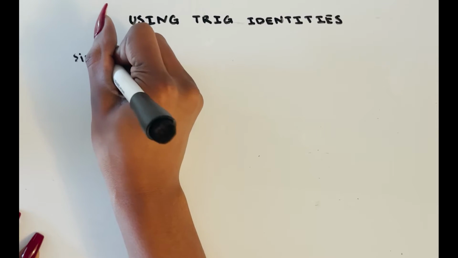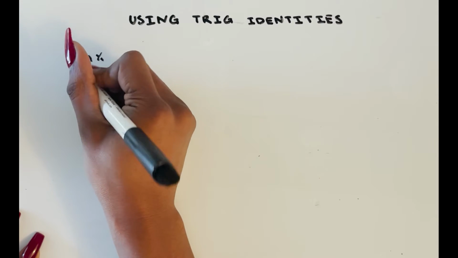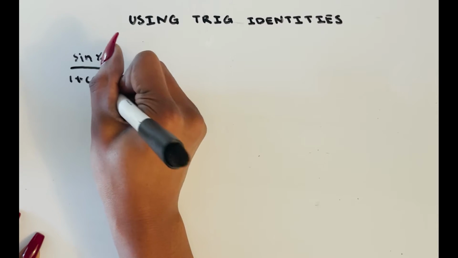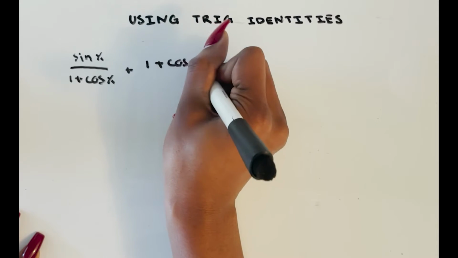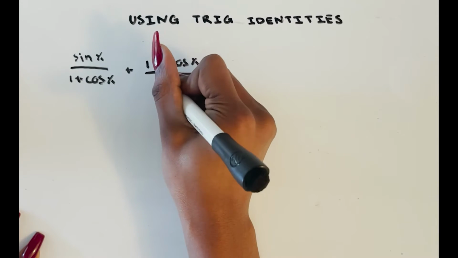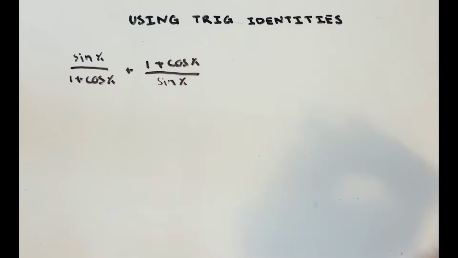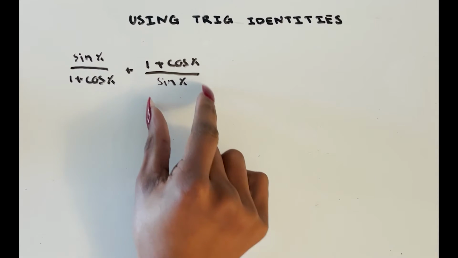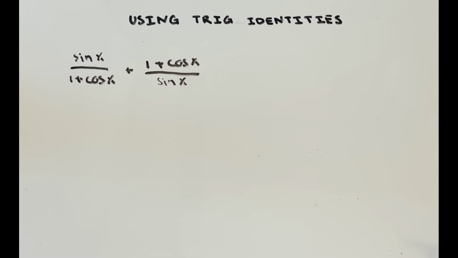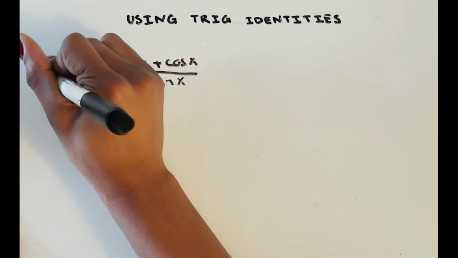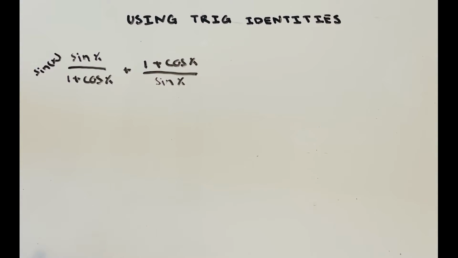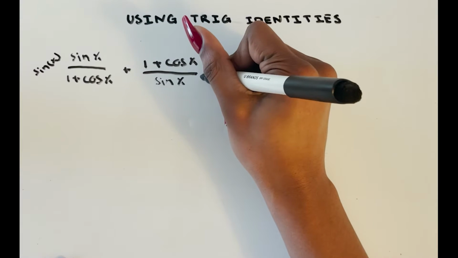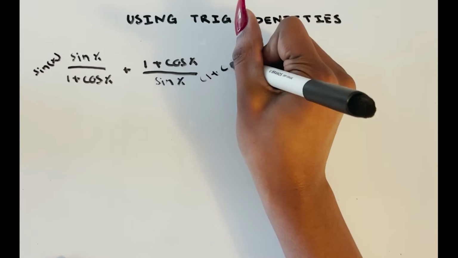Sine of x over 1 plus cosine of x plus 1 plus cosine of x over sine of x. And this is the expression that we'll be simplifying. Let's start by combining these two terms by finding a common denominator. We'll multiply the numerator and the denominator of this term by sine of x, and the numerator and denominator of this term by 1 plus cosine of x,